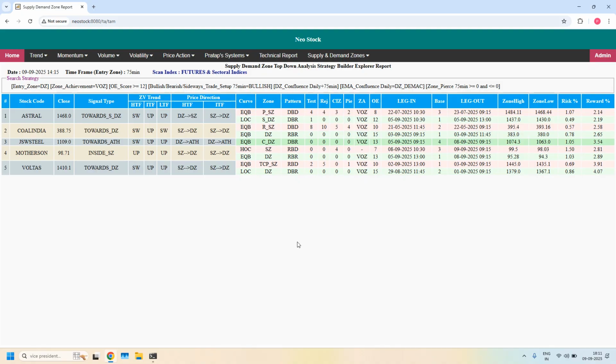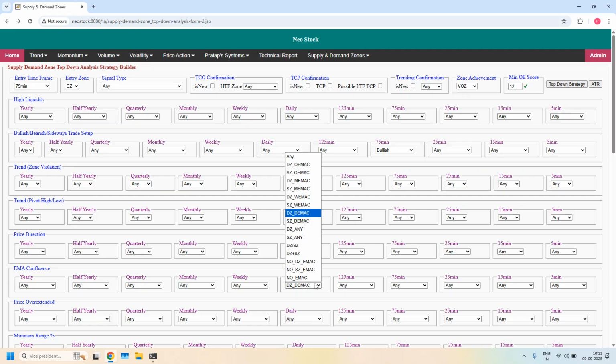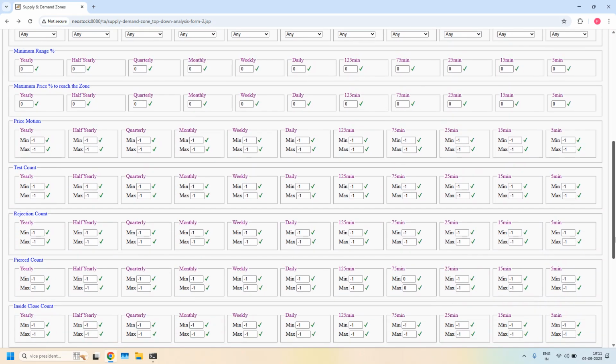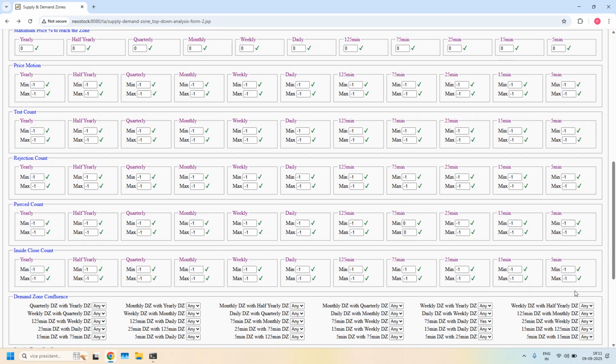Okay, next high probability trade setup is based on LTF, ITF and HTF demand zone confluence and HTF EMA confluence. So let's filter based on those rules. First I am removing the ITF EMA filter. For demand zone confluence, I have to set 3 filters. The first filter is already enabled, 75 and daily. Next, 75 and weekly, and daily and weekly demand zone confluence. With all the 3 filters,